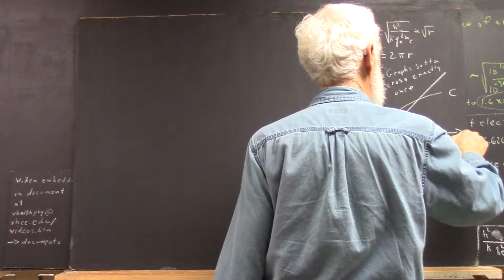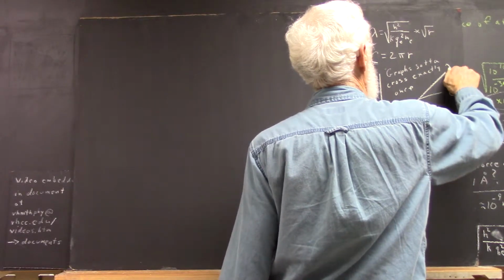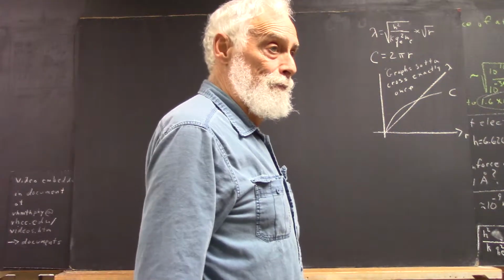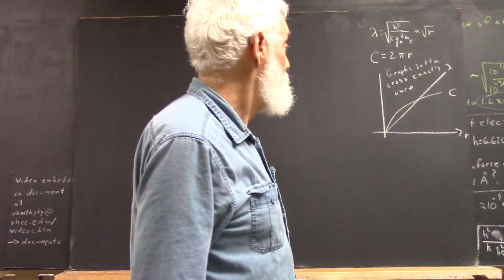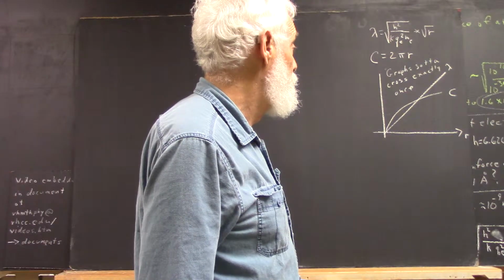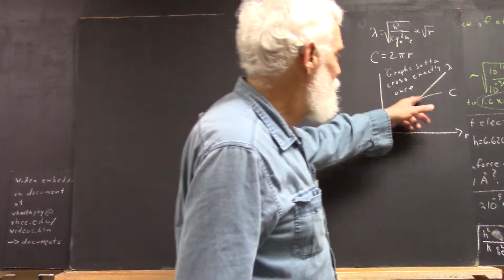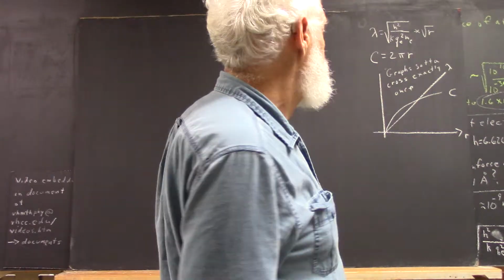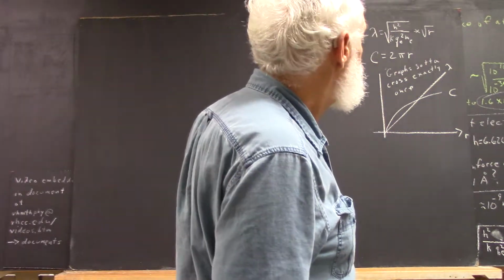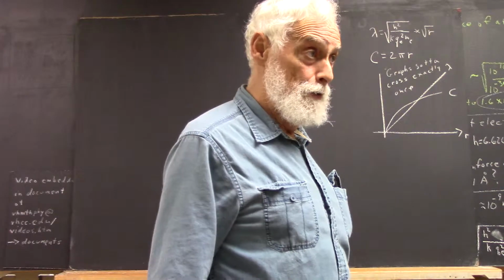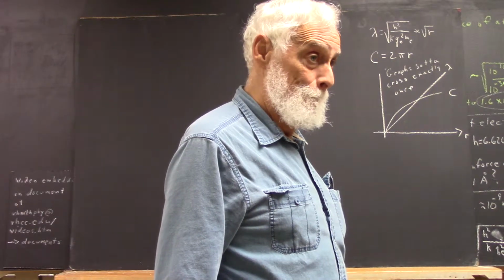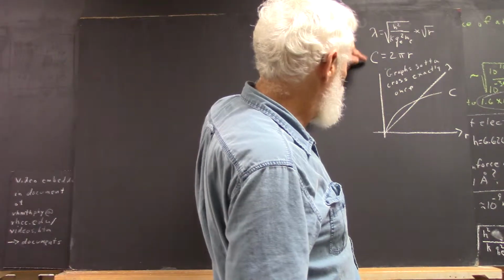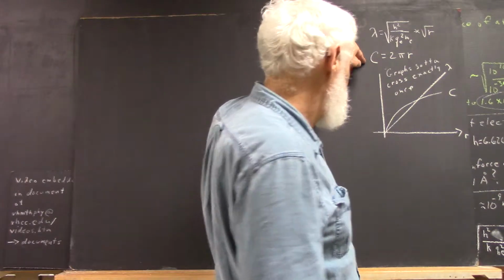This is C versus R, and this is lambda versus R. Okay? And when I say this is an integer, actually, it should be the reciprocal of an integer, right? Because lambda has to divide into C. Okay, so